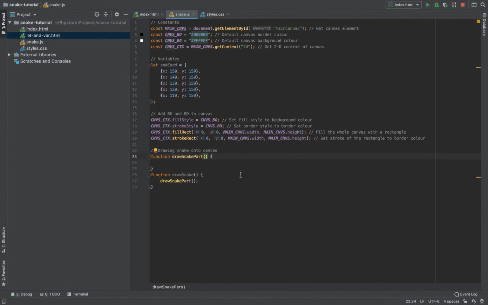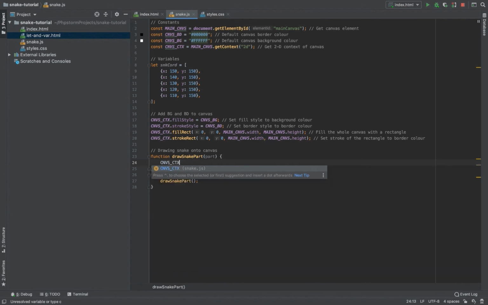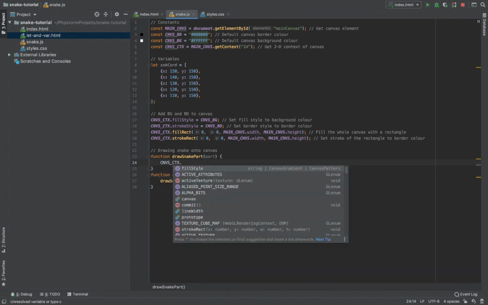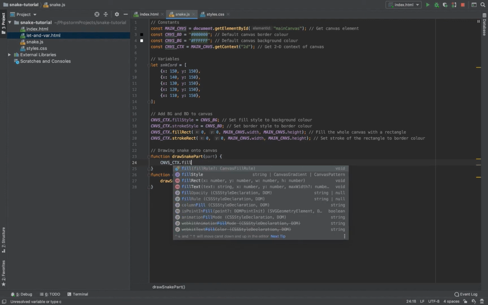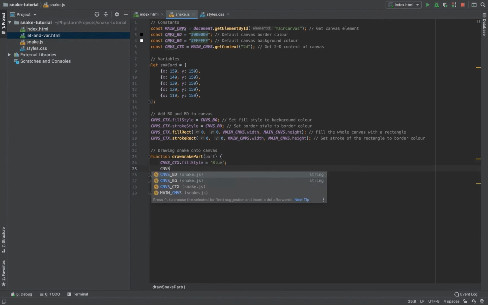which I'll say part for now, and then what we'll do is the canvas context again. We'll be using that to draw our snake, and the fill style. See, that's what we did over here for background border. So the fill style of the snake would be, let's choose a color. Let's say blue,